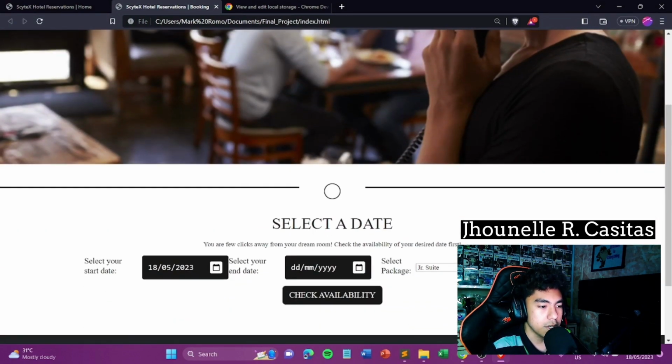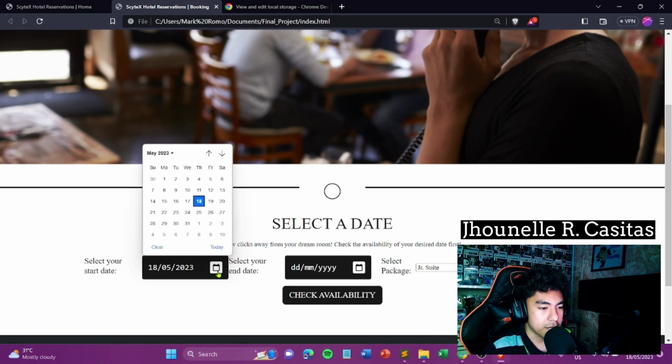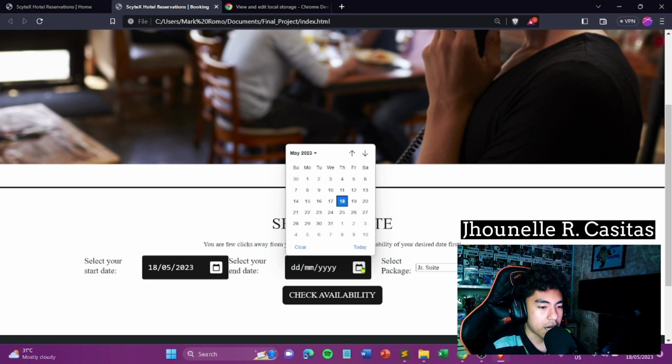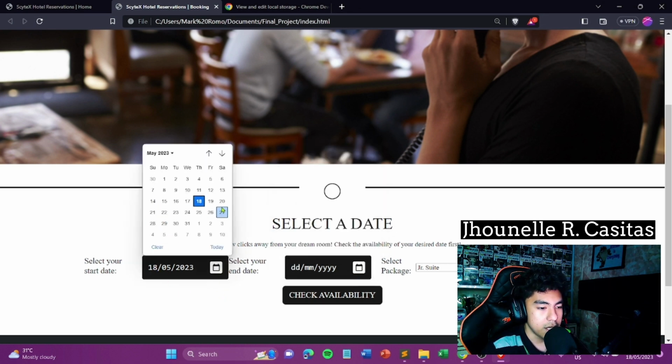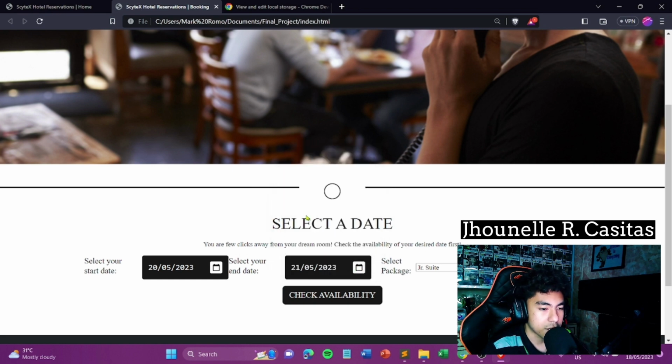Note that we only provided 5 rooms for each package. The booking page will ask you first to enter the date and package of your reservation because the system will check it first before you can proceed. Here I selected May 20 as check-in date and May 21 as checkout date, and selected the Deluxe Queen package,